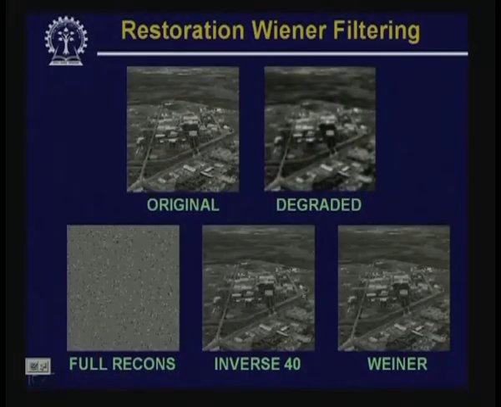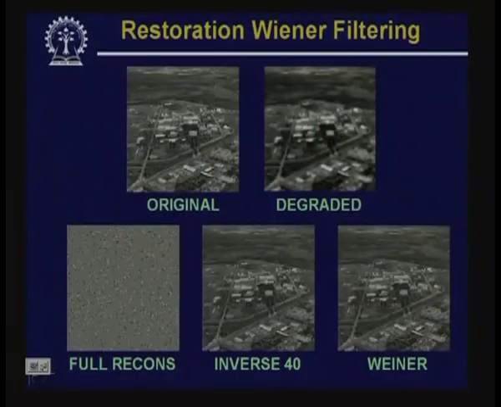The middle one shows the reconstructed image using inverse filtering, where only the frequency components within a distance of 40 from the center of the frequency plane have been considered, and the rightmost one is obtained using Wiener filtering. For obtaining this reconstructed image, the value of k was manually adjusted